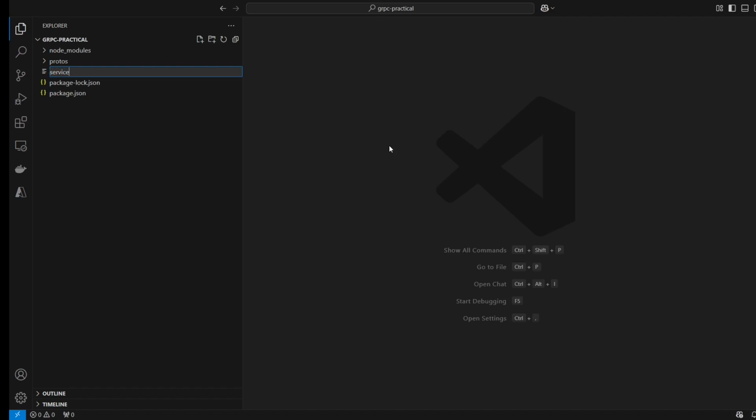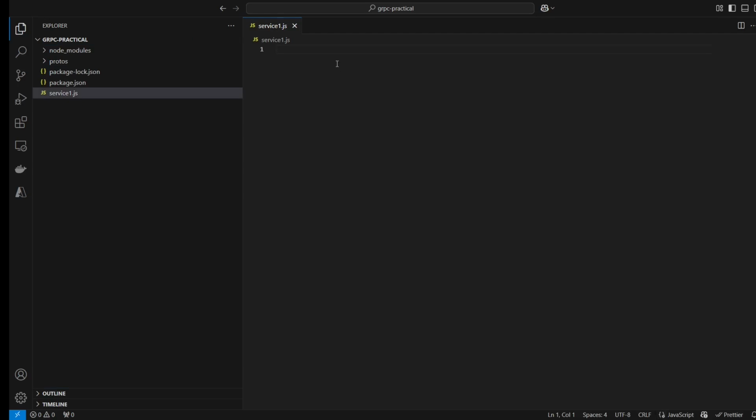So we would be defining the service1.js, and in here we would be first loading the packages like the grpc package and the proto loader. We would also be defining a path package because we would be parsing the path.